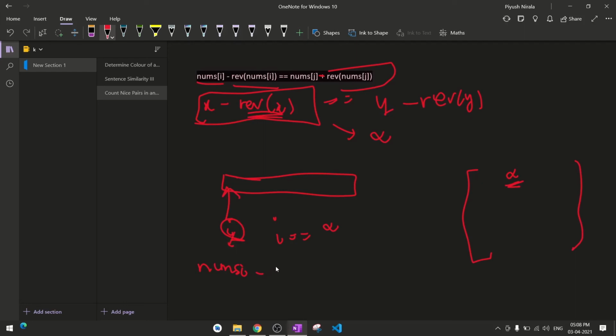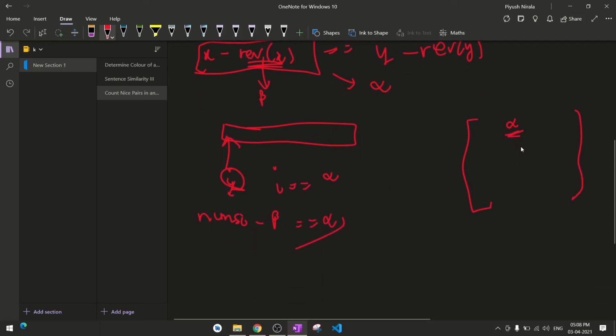Let's call it beta. So if it is equal to alpha, we just need the number of alphas. There can be alpha 3 times, so we will just add the frequency of those alphas.